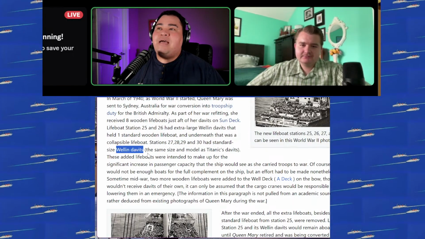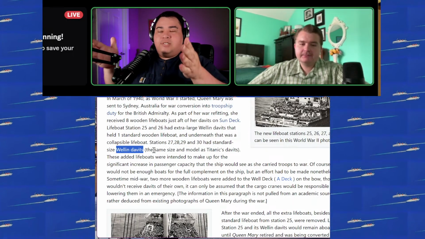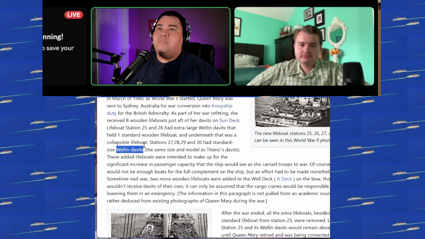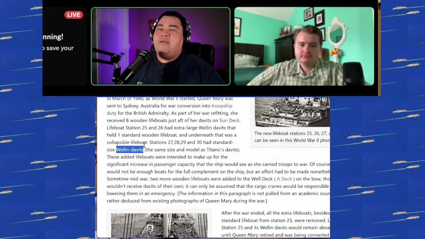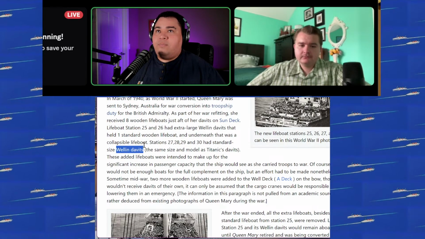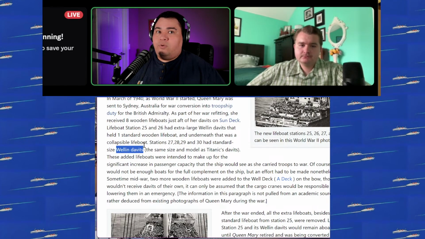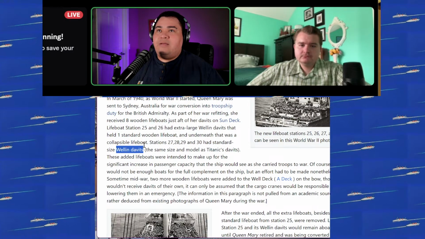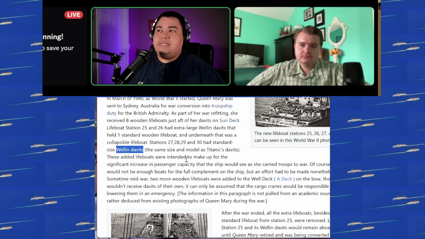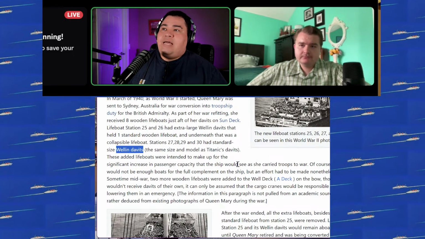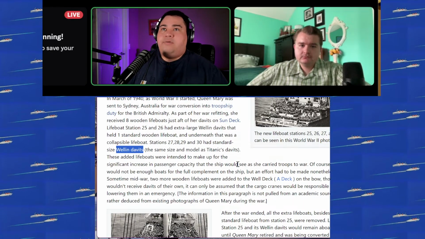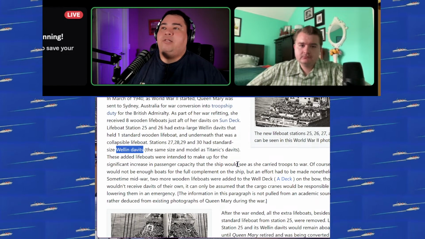I can see here that they used the same davits, Welland davits, that would swing outwards just like on Titanic, and they lowered the wooden lifeboats. Four of them, if I remember correctly, were the same size as Titanic's lifeboats. But another four were much larger wooden lifeboats. They were still the same basic design, just much larger than Titanic's, and made of wood. Those were installed during the war because they had many more people on the ship.